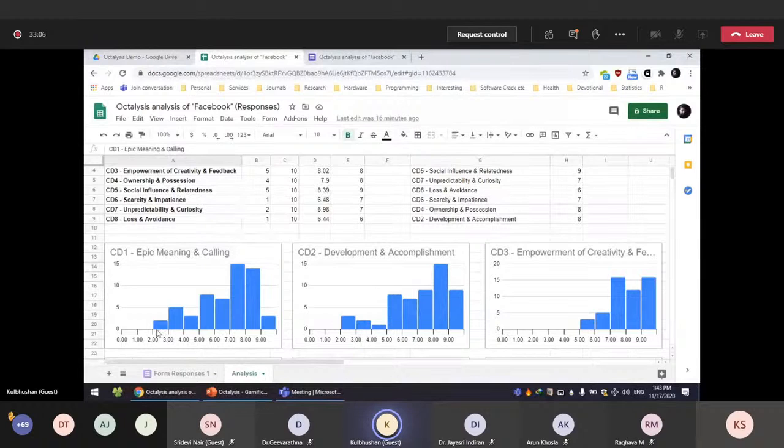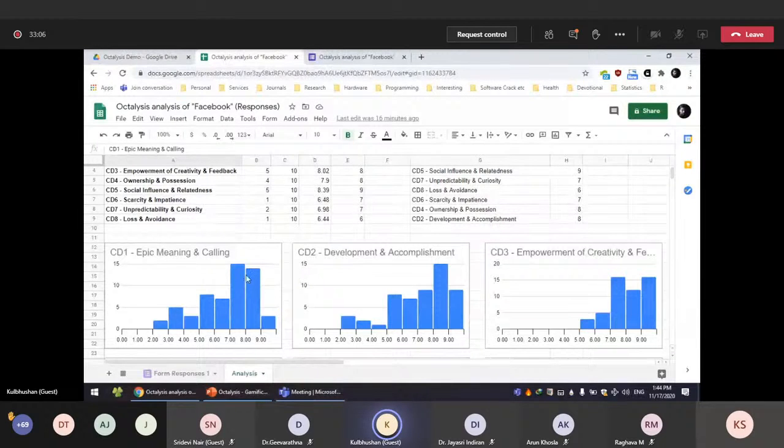heard about Octalysis for the very first time. So maybe over a period of time, when you have enough experience with Octalysis, you will see there are other game mechanics in there, so you are more likely to give it a different value than what you have given right now. But Epic Meaning and Calling should actually be at a very low value, because there is no higher sense of purpose. But probably